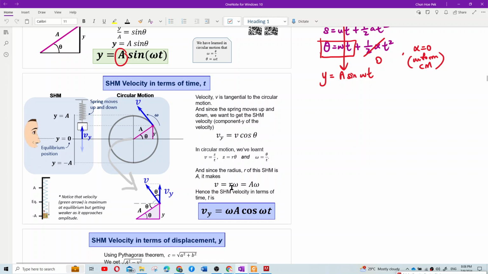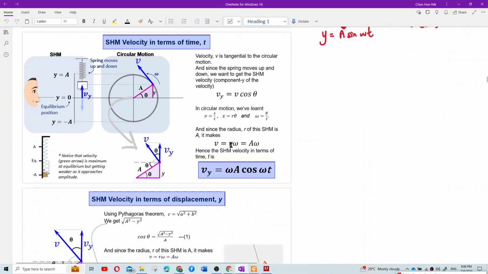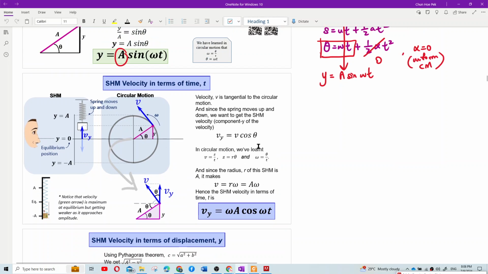And then the radius is amplitude. We substitute with amplitude. So V equal to A omega. And then if you look at here, we want the y component of the velocity only. This is the tangential velocity, V equal to R omega or A omega. So the y component of this velocity is the velocity of the simple harmonic motion,